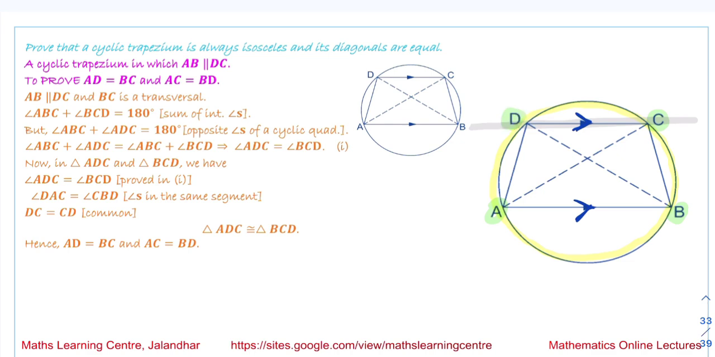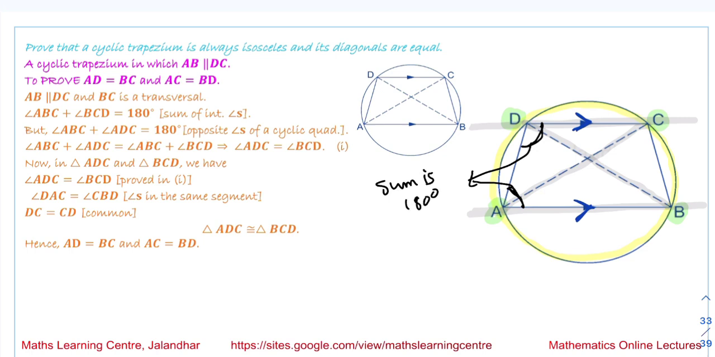So if we look at this, we are going to do some construction over here, and we have joined these points A, C and B, D. So if we look at these two lines over here, we are saying AB is parallel to CD. So what we get is that the sum of this angle and this angle, the sum of these two angles, is